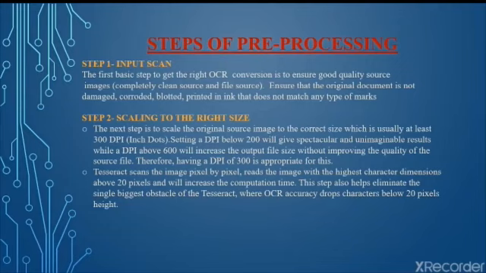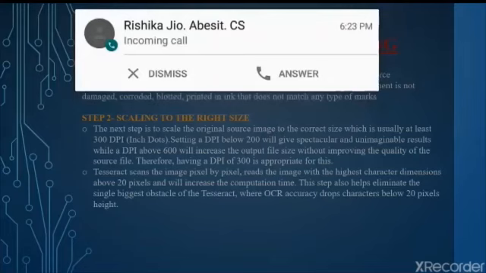Second step is scaling to the right size. In this step, we are basically scaling the original source image which we have obtained after step 1. We are scaling this input image to the correct size, which is usually at least 300 dpi. Dpi is the unit of measurement for these images, that is dots per inch. So having a dpi